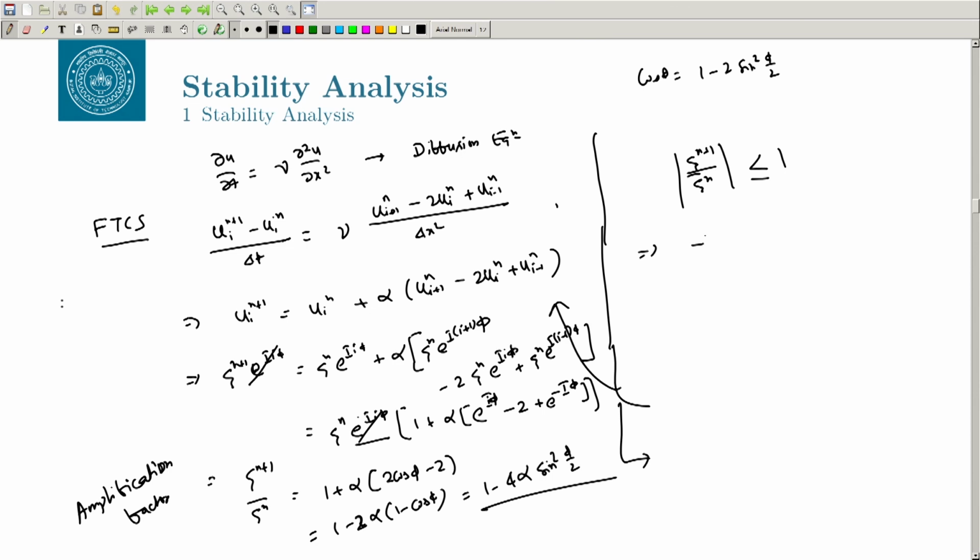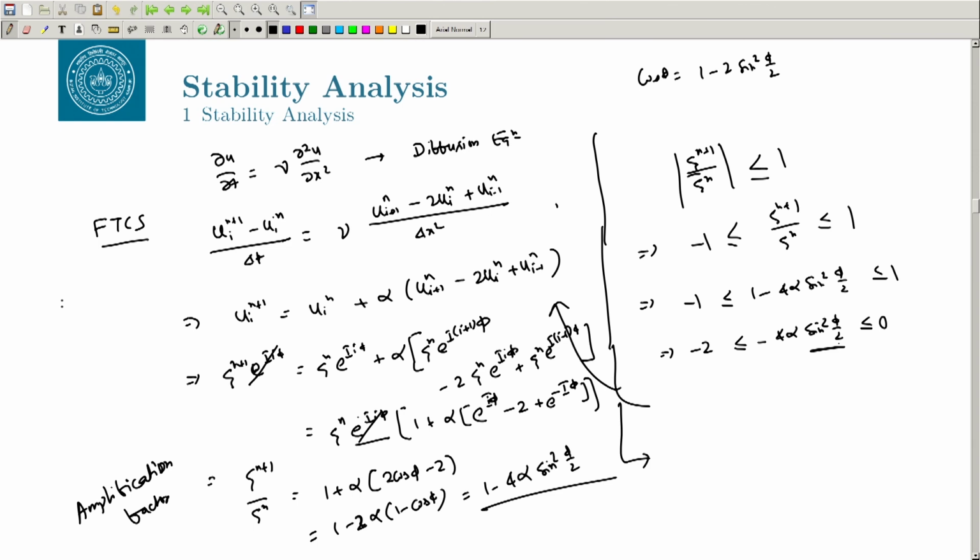This will become minus 1 less than or equal to 1 minus 4 alpha sin square phi by 2, and then you can subtract 1 from both the sides. This will become minus 4 alpha sin square phi by 2 less than or equal to 0, or